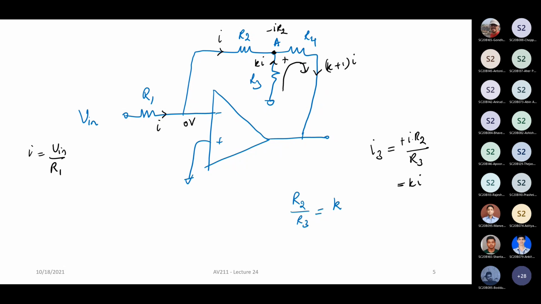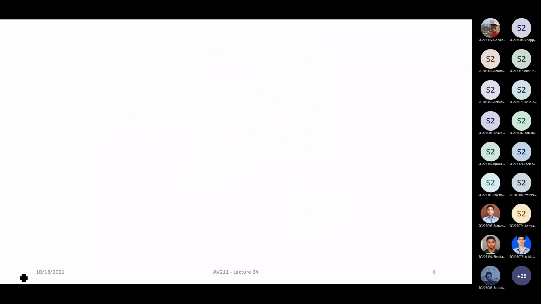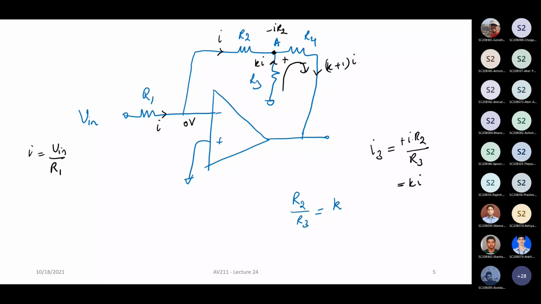Okay. Now let us move to another topic, which is basically, let us look at how to do summing and difference. Or rather, sorry, someone had a question? In an op-amp circuit, what is defined as trans resistance? In one of the questions in the book, there was a term used, trans resistance in op-amps.